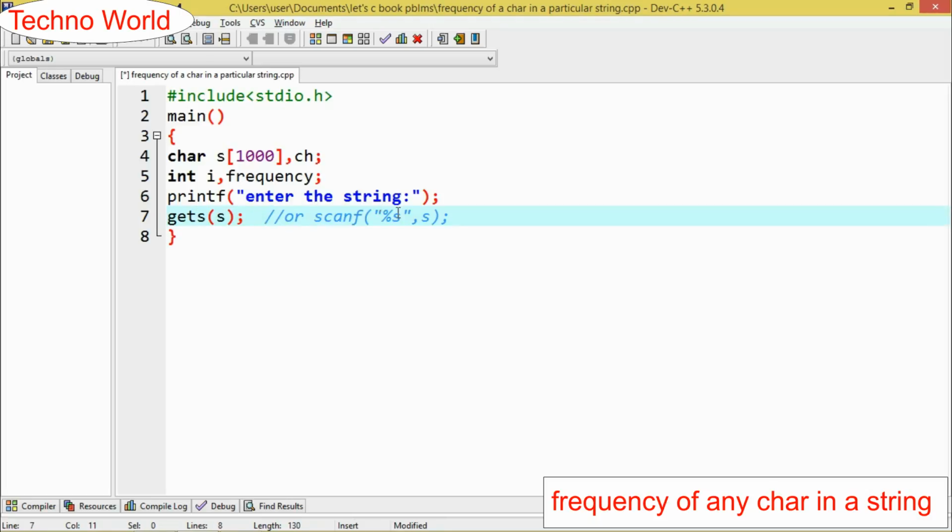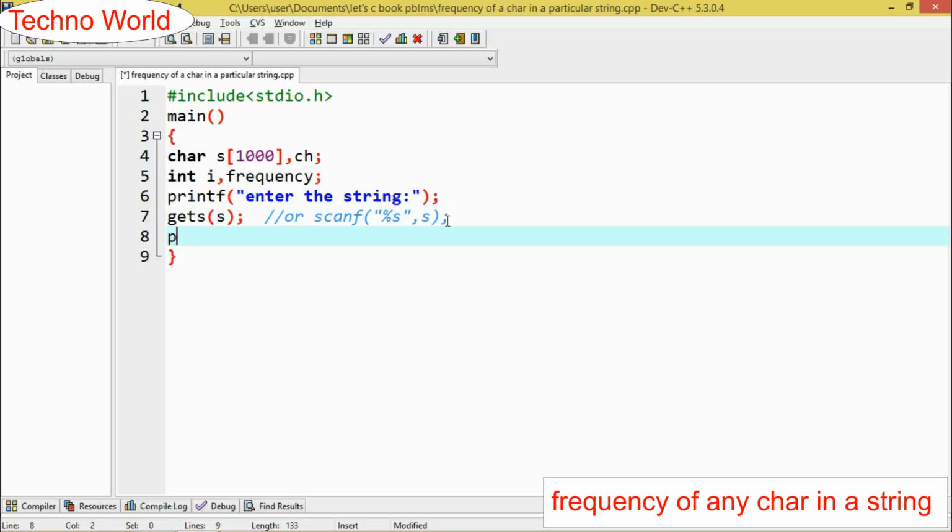Then I want to give another message to the user, printf, enter the character whose frequency you want to find.